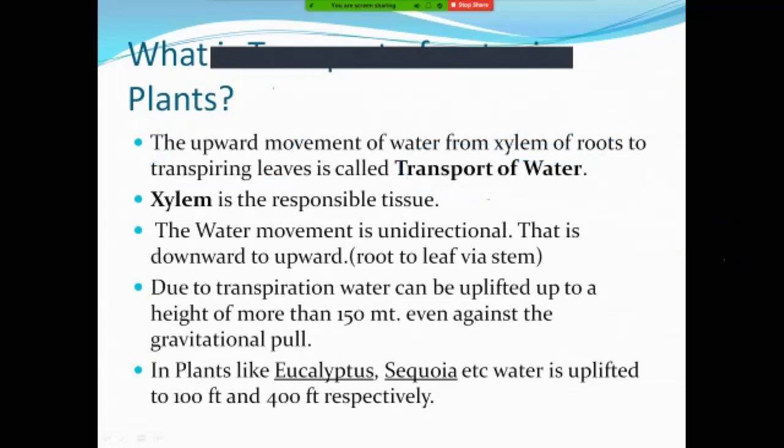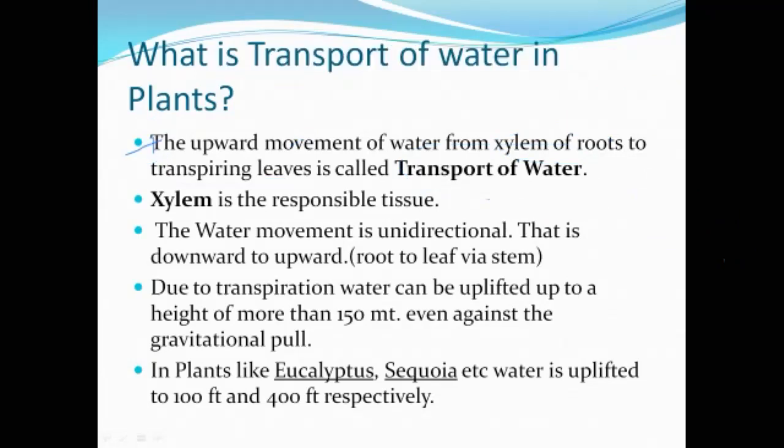So, summarizing very easily, the transport of water is just the movement of water from the xylem of the roots to the upper part, like the leaf. Xylem is the main tissue responsible for the transport of water, particularly the vessels and tracheids. There are two types of cells: the broad vessels and the narrow tracheids. Anatomically, you must have studied what the vessels and the tracheids are. These two types of cells are called tracheary elements, and they are meant just for the conduction of water.